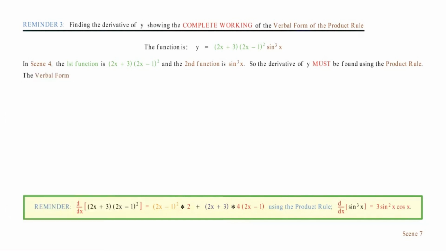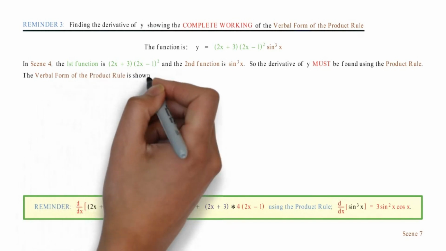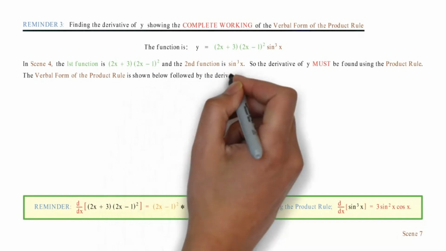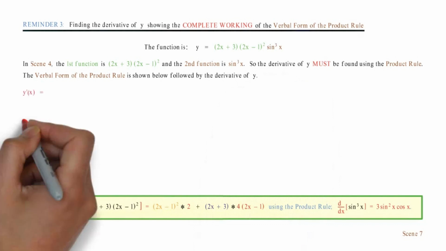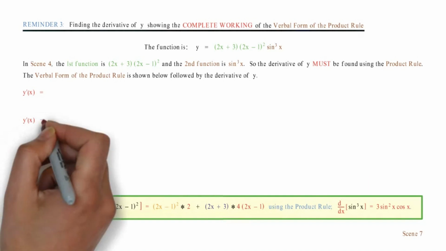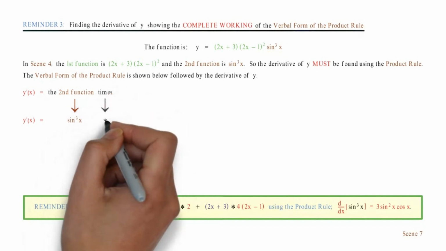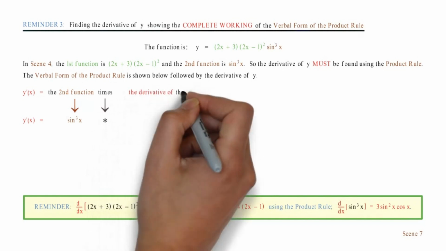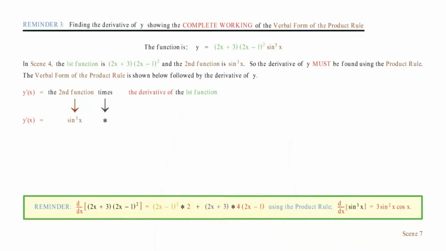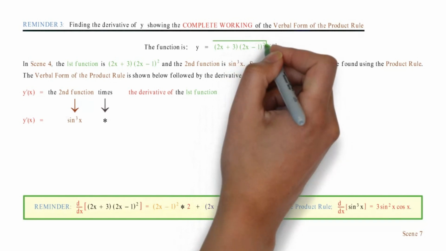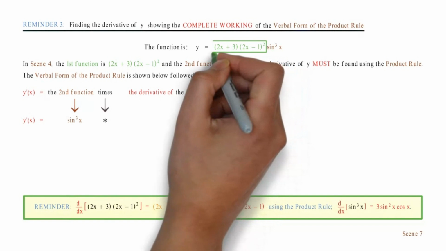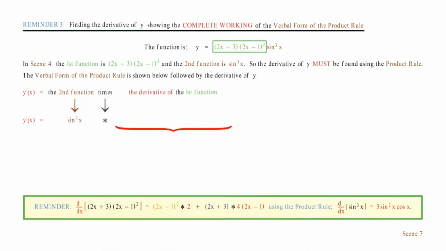The verbal form of the product rule is shown below, followed by the derivative. y dash of x equals, the second function is sine cubed of x, so substitute sine cubed of x times the derivative of the first function, which is this expression, plus